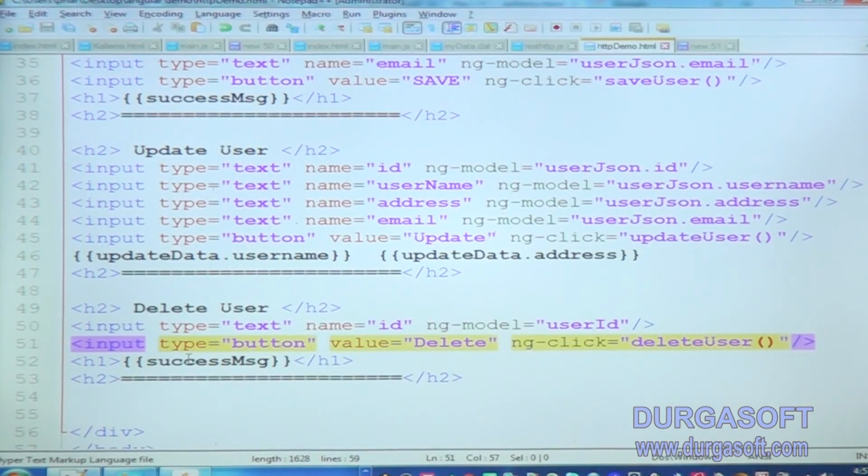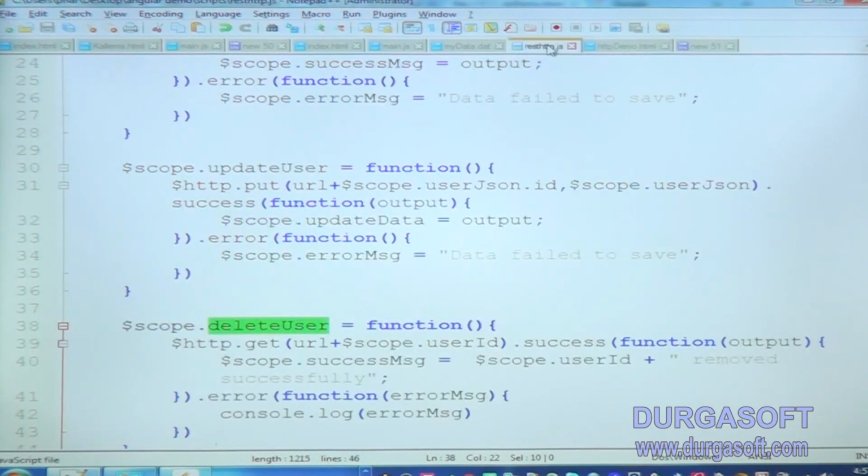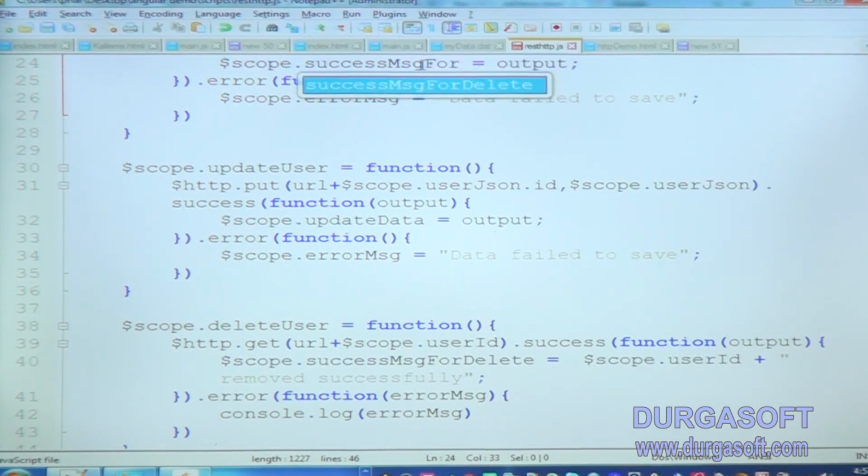So it means, here I am putting both the same, that's why there is a success message for delete, and a success message for save.